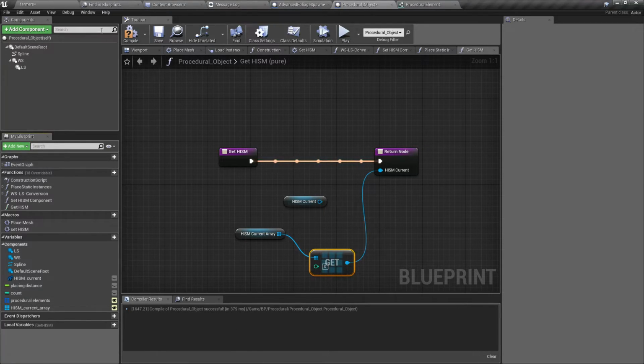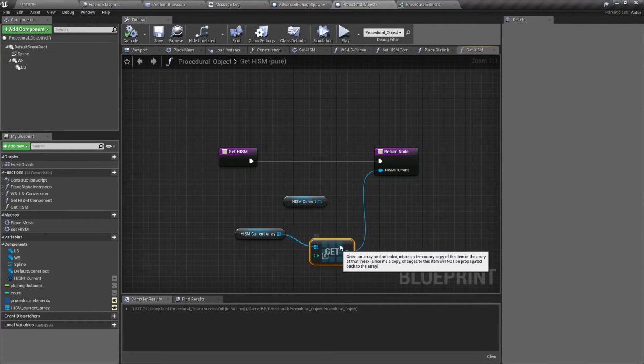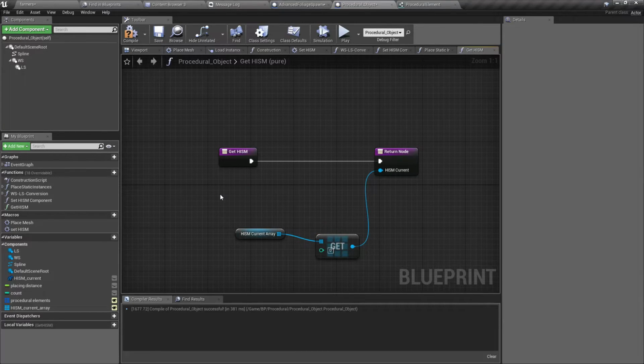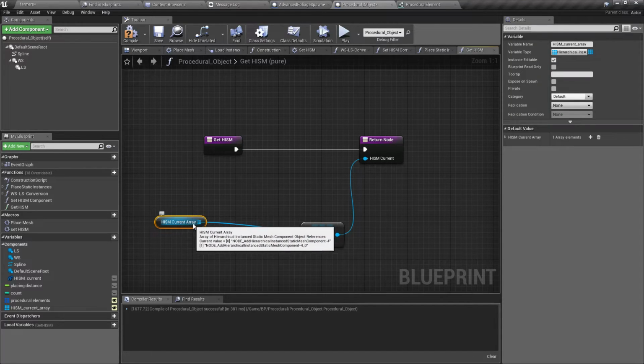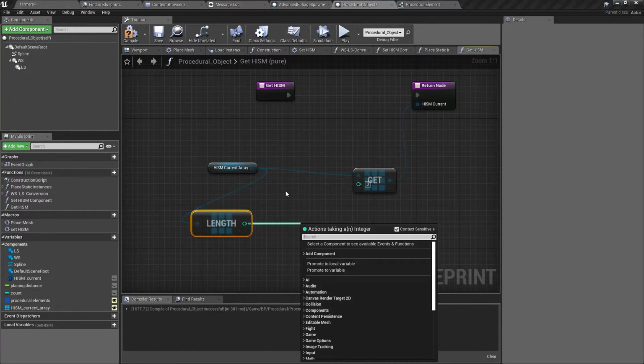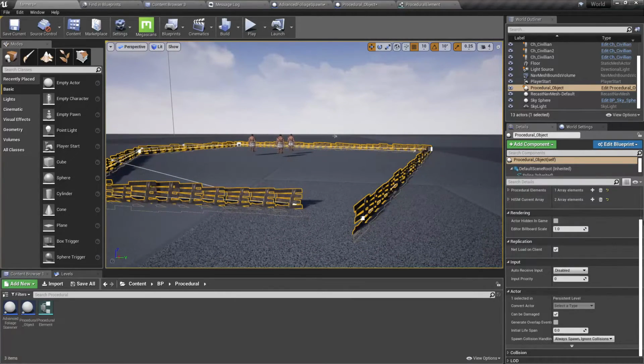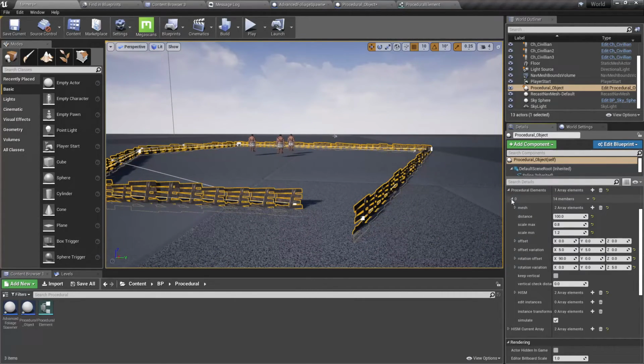Now let me make this public so we can see the inside of that variable. Okay, we have to. Right, now instead of returning the 0th element, let me delete this one. I'll return, get the length of the array and get a random integer, max being the length of this one, and no, max being the length minus 1, and use it like this. Let's see, it's still working. Cool. And now we have two meshes,